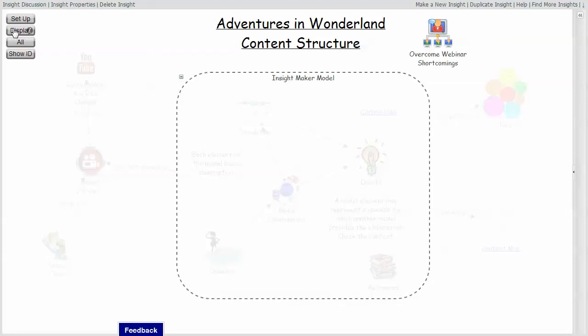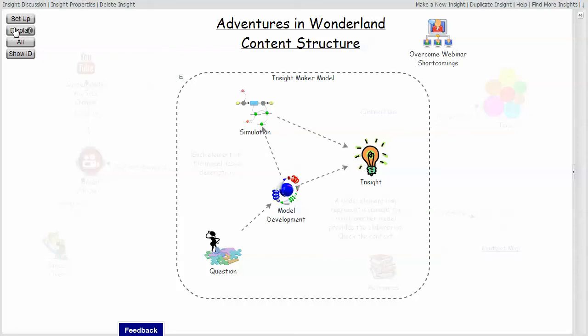The basis for the concept module is an Insight Maker model, which begins sort of with a question about something or other and results in the development of a model, the intent for which is to produce an insight. Now, the model may in fact be a qualitative pictorial depiction of a set of relationships, or it may be a simulation model, hopefully to produce another set of insights. So the model itself, for all of the elements in the model,